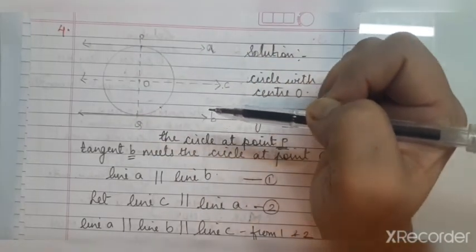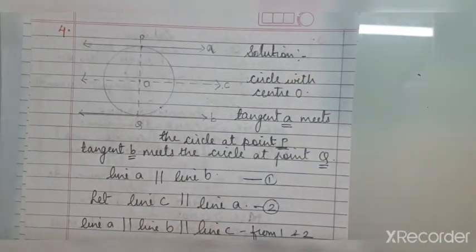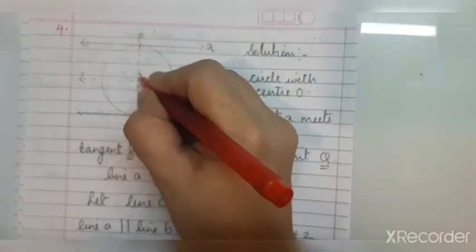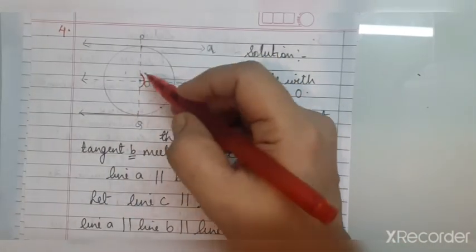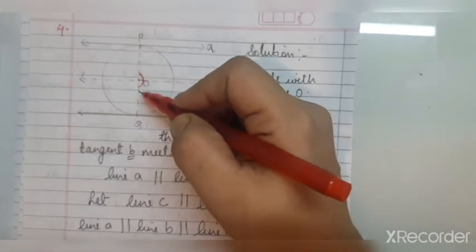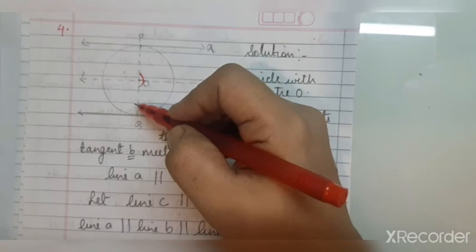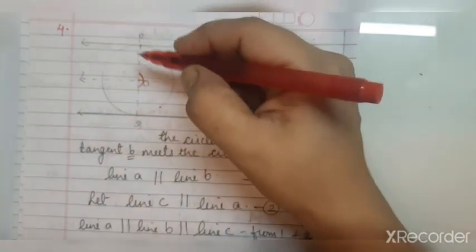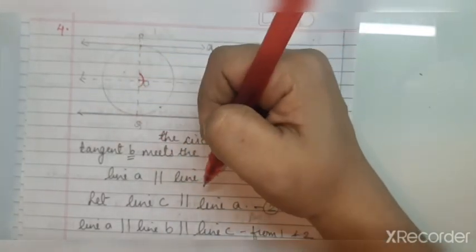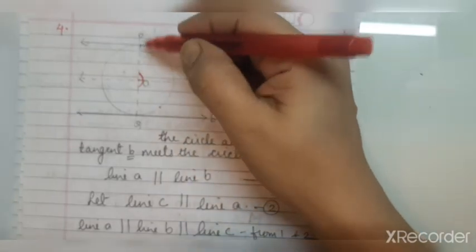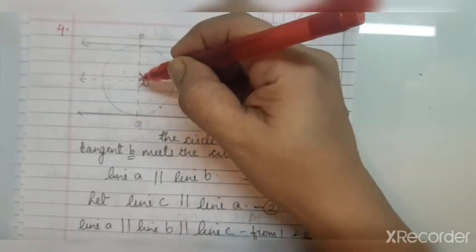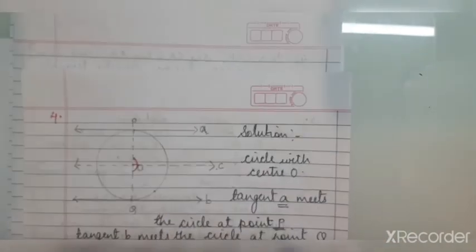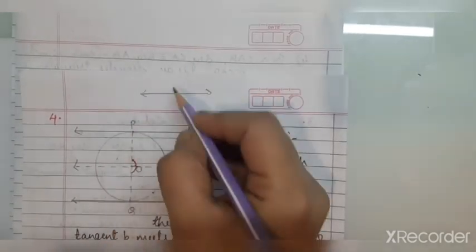Now we have studied, children, in the 9th standard about linear pair. So here in this case, we get a linear pair. These two angles, this one angle and this other angle. If we prove that these two angles are angles in linear pair, that is they are straight angles, then we can say that OP and OQ are the opposite rays. And if OP and OQ are opposite rays of that particular angle, then P, O, Q are in a straight line. I hope you remember.